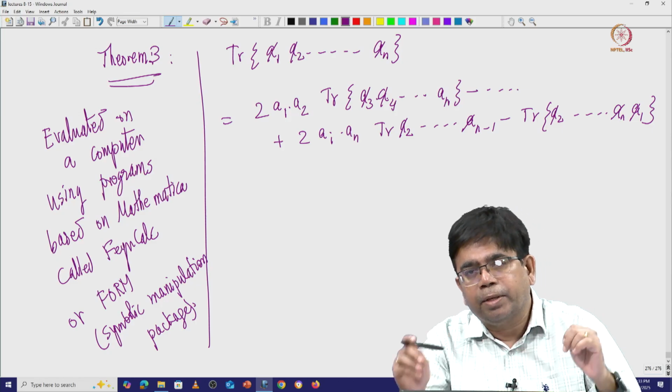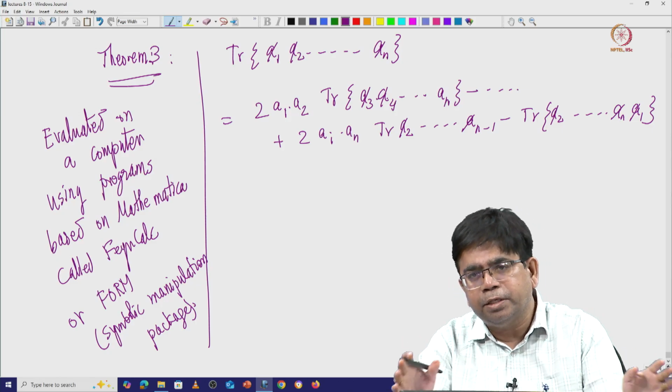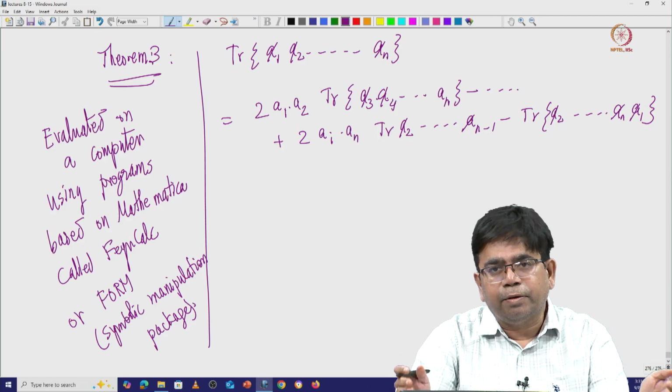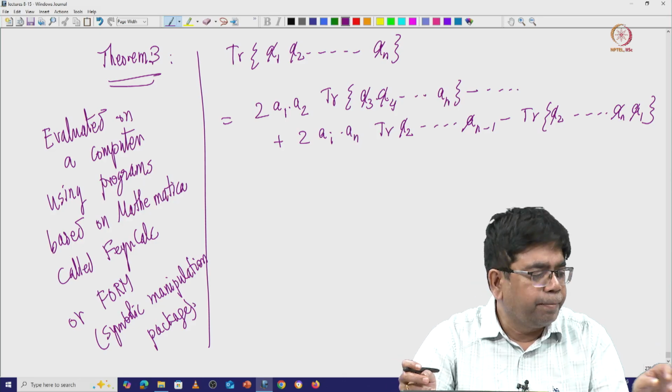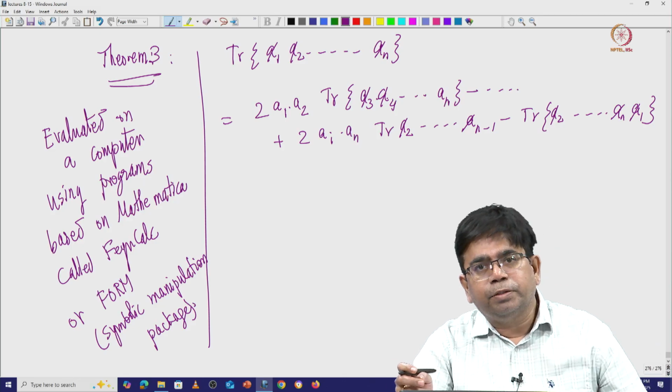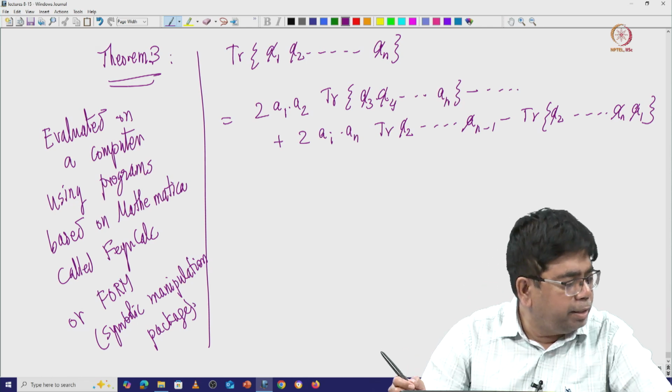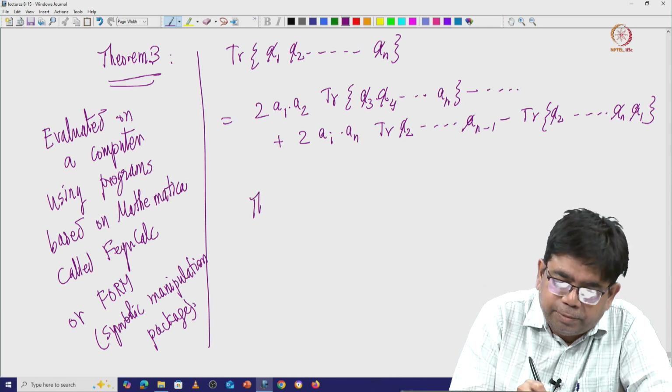You don't really need to do it by hand, but it is good to know once in a while to check whether what you are calculating makes sense or not essentially. Okay. So it is always good to know these things, and then there are these nice other theorems.